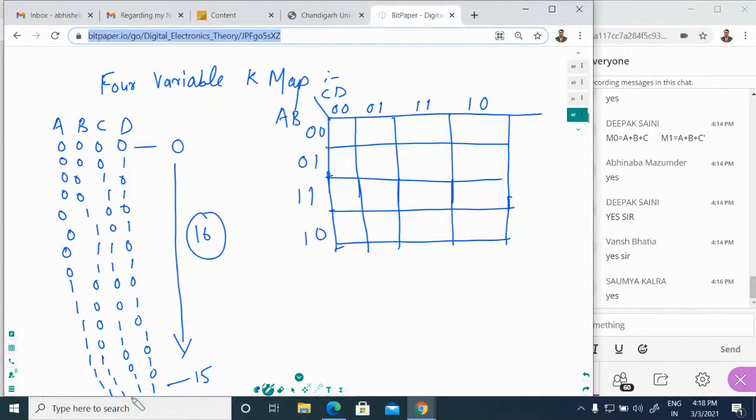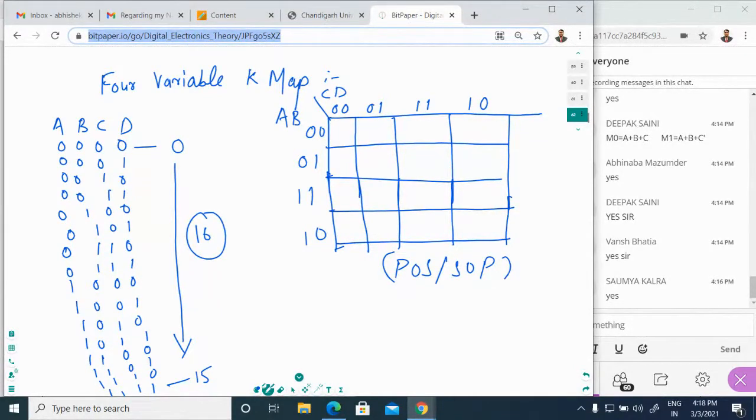Okay, so you can represent this in POS or you can also represent in SOP form. If you want to represent this in SOP, you have to use the small m.